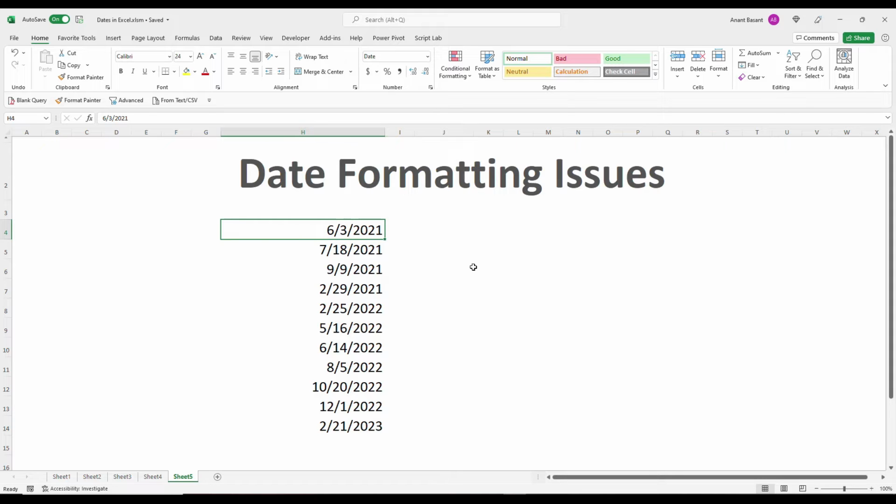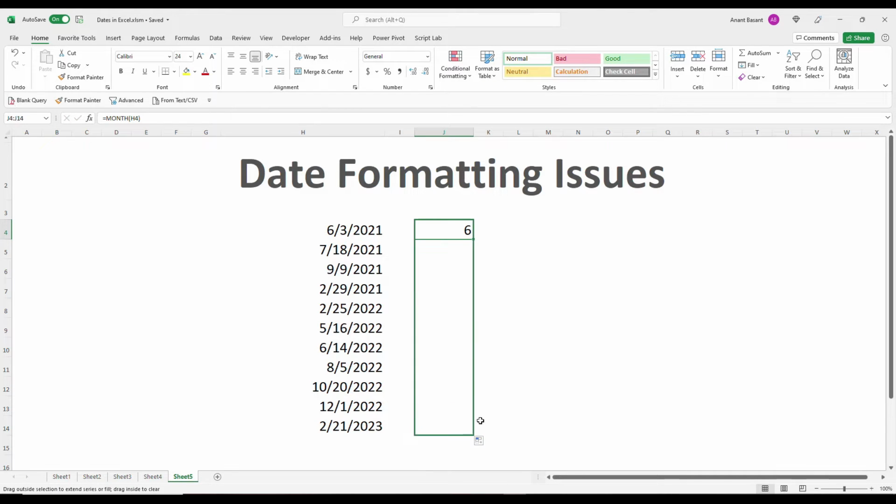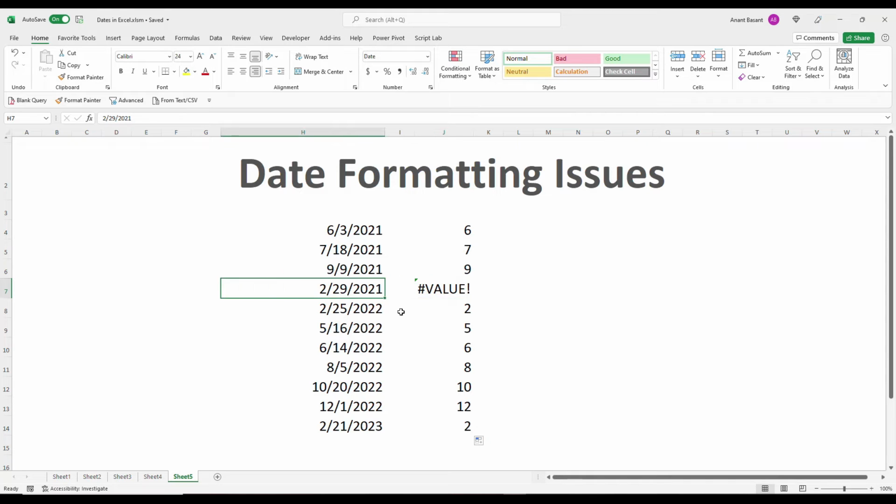Whenever you type a date in Excel, it automatically aligns it right in a column. If you type something as a date and Excel doesn't align it right, then there is a problem in that date. So in this list of dates, there is an invalid date, but it is very difficult to find invalid dates in such lists. If I apply a function which takes out the month from these dates, here the function doesn't work because this date is an invalid date. There is no 29 February in 2021, but it also shows right aligned.